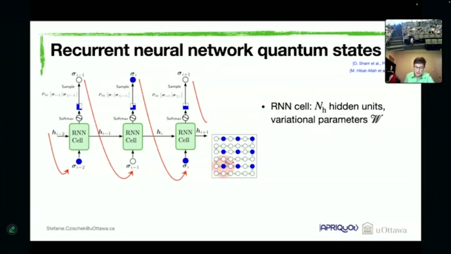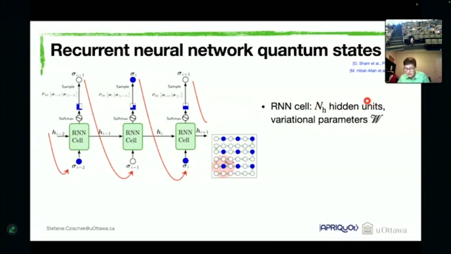And so recurrent neural networks deal with sequential data, just as the transformers that I introduced in the beginning. They always take one element of a sequence as an input, and then they iteratively apply the same RNN or recurrent neural network cell to the given input. Inside this RNN cell, there's a lot of nonlinear transformations going on, and I really don't have time to talk about this in detail. But the important thing that you need to know is that inside the RNN cell, we have a number of so-called hidden units, and the nonlinear transformations are defined by variational parameters.